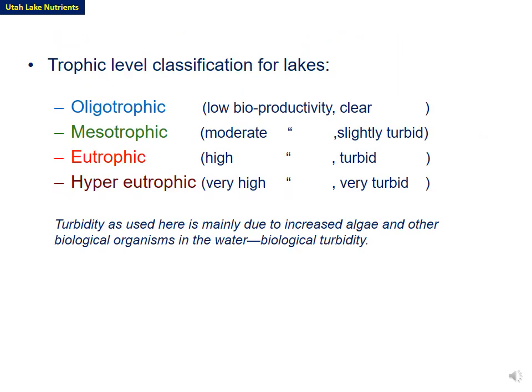And just as a reminder, lakes typically go through the oligotrophic, the mesotrophic, and the eutrophic phases. The new one that we're introducing here is the hypereutrophic. And you'll notice also over on the right, it goes from clear to slightly turbid to very turbid. And that is looking at the visibility of the water and the ability for sunlight to penetrate through the water. And you also have on the left the productivity of the water. So a low productivity to moderate to high to extremely high.